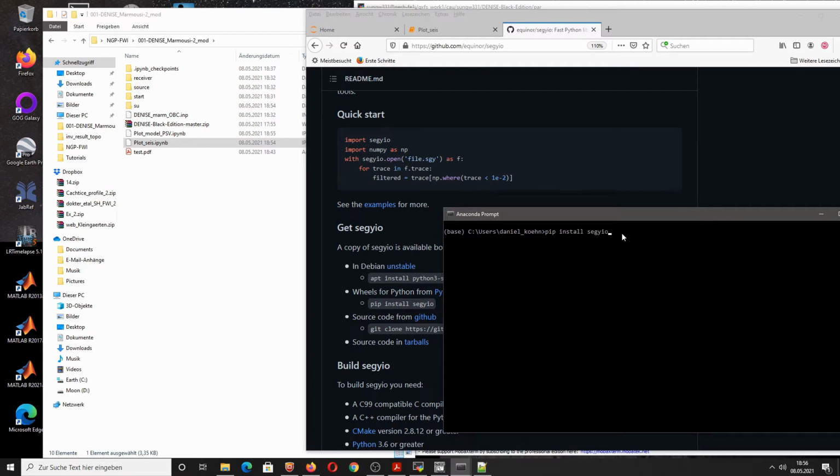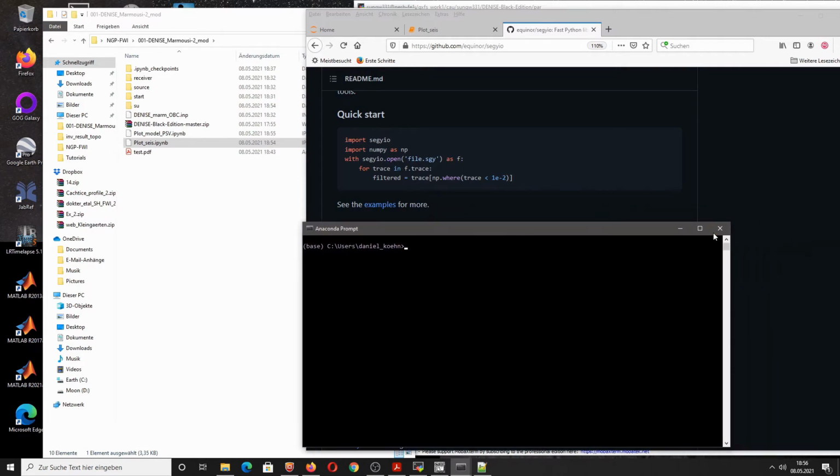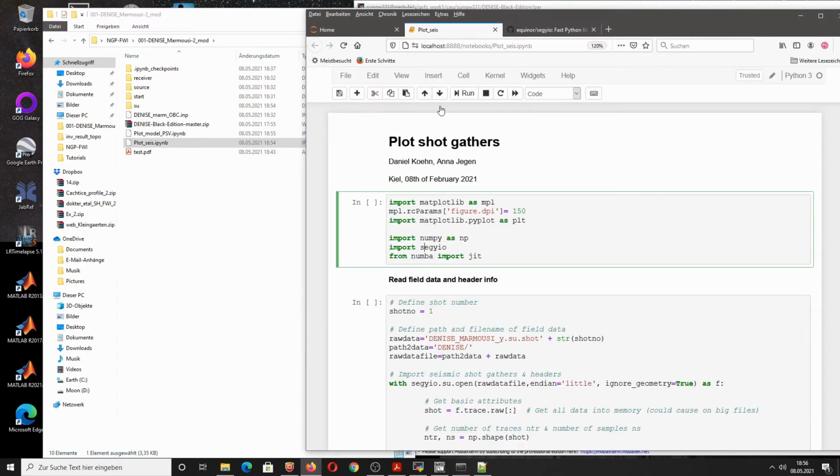And then hit enter, and then it will install this segyio library, which you then can import into your Jupyter notebooks, and then import Seismic Unix files, SEG-Y files. That's a really, really nice library for Python. So let's import this Python library.